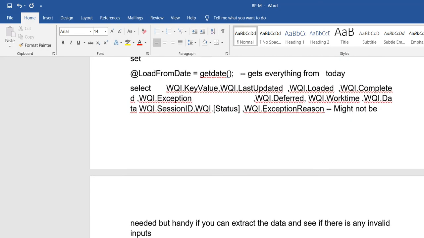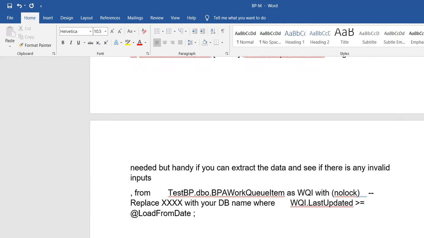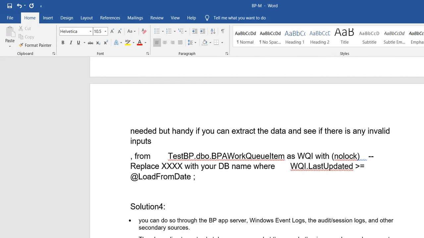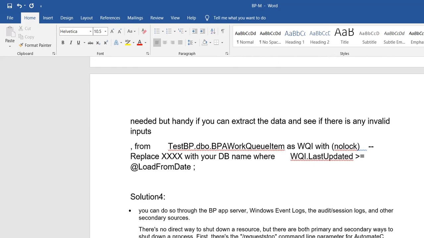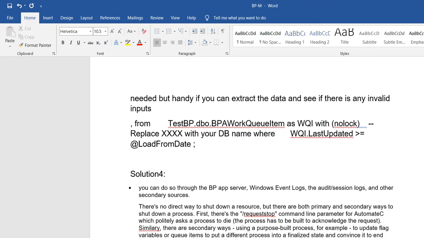Also, the same way, if you don't want to use automate.c.exe or the SQL query, you can check the BP application server and Windows event log and audit and session logs and secondary sources as well. There is no direct way to shut down a resource, or no way to get your data directly.